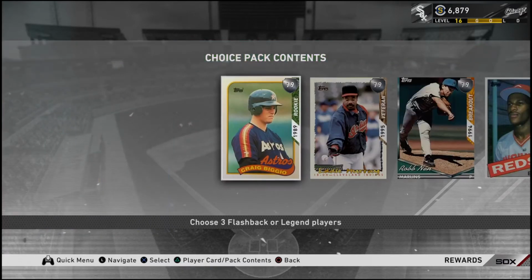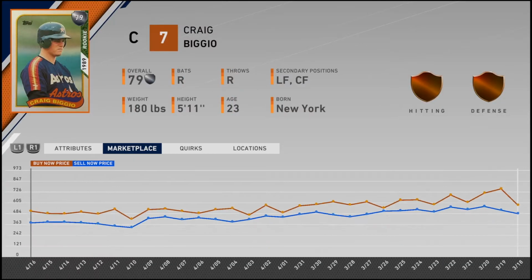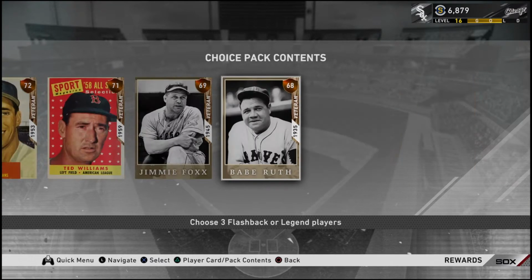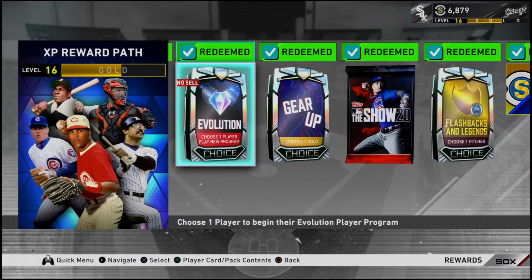Okay, so this is obviously if you're just starting. Craig Biggio is nice because he's got speed as a catcher. That's probably who I'd take, and he still does sell for the most. Even if you were returning to this pack, it still makes sense to take him. I'm just trying to get us all these guys for me personally. But Evo,